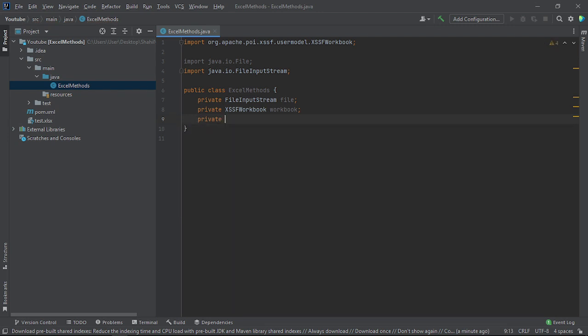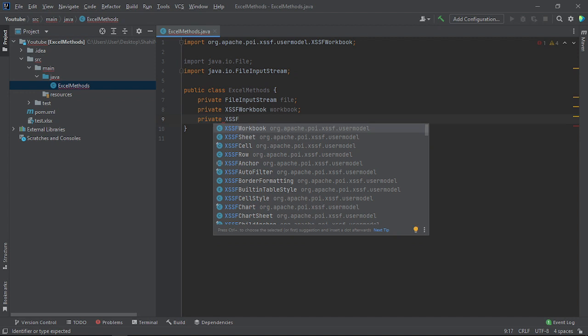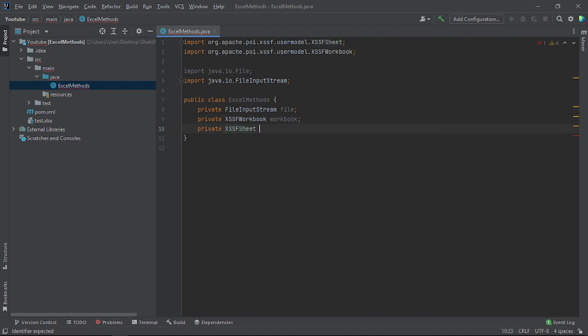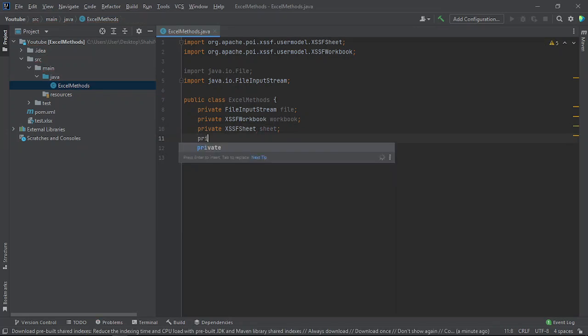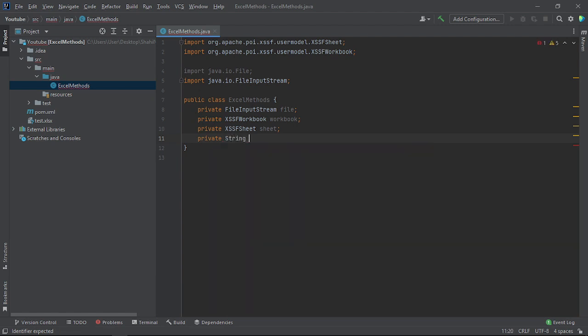Then I'm going to go to private XSSF sheet, let me name it sheet. And then we are going to create another private string, and it's going to be excelFilePath. Okay,